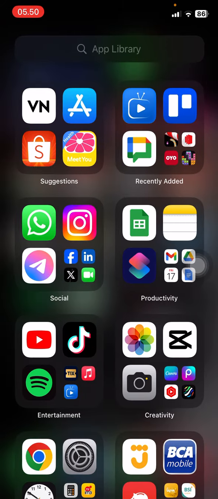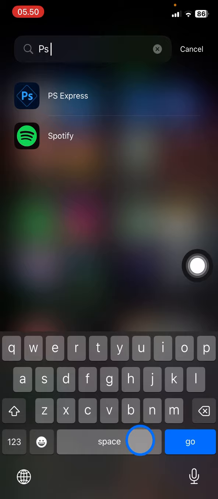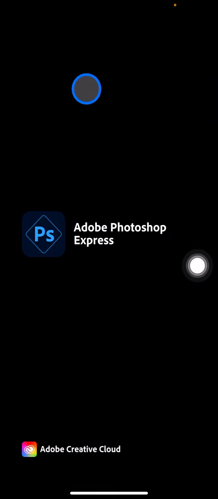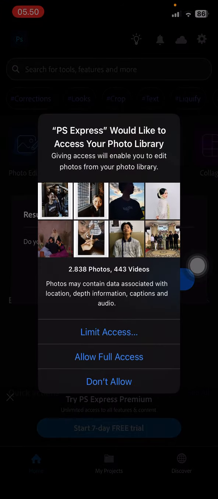Slide your screen to the left side until you get this app library, and then you just need to type PS Express. So this is the mobile version of Photoshop. Just go tap it. Now you just need to wait until it's perfectly open. It just takes a while, so make sure you have a good internet connection,